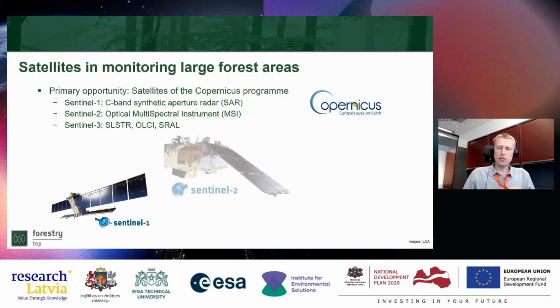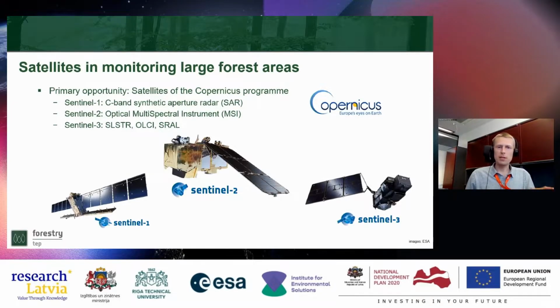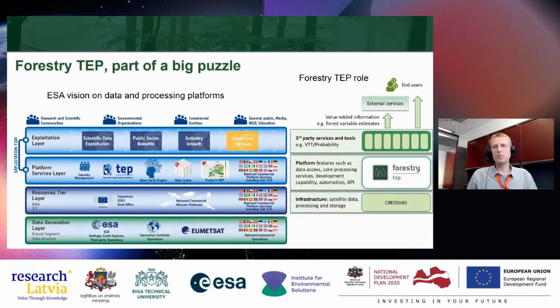And if we are thinking about satellites, particularly important nowadays for forest monitoring are the Sentinel satellites, especially 1 and 2, but also to some extent Sentinel-3. And Sentinel-1 and 2 alone produce global coverage every few days at 10-meter resolution. So you can imagine that there is an incredible amount of data.